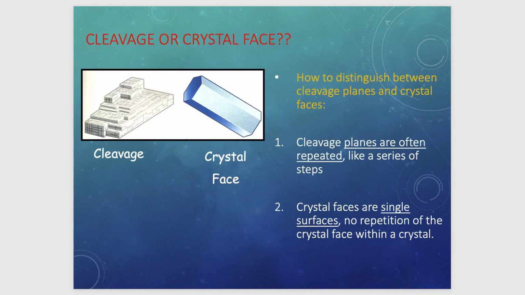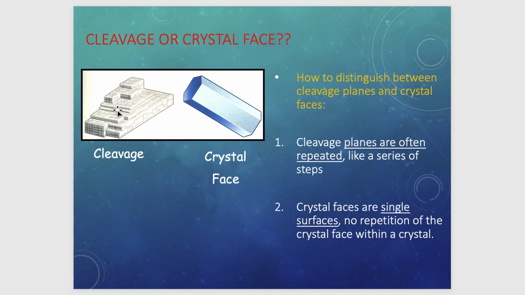Here is an example of cleavage. You can see the internal part. So you have here a face, and if you look at the face of the crystal, you can see lines through it with different orientations, but mostly at 90 degrees. So this could be an example of halite or feldspar, and this is forming a step structure. And so when you see steps like this, quite often these are inside the crystal, and those will be classified